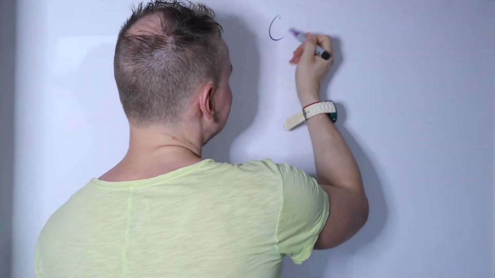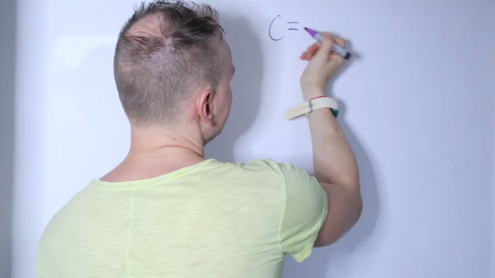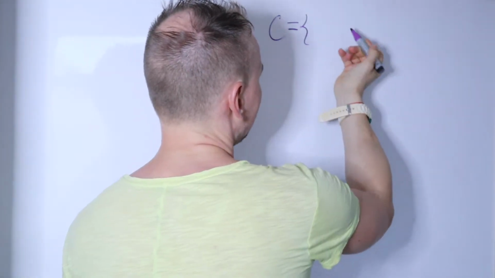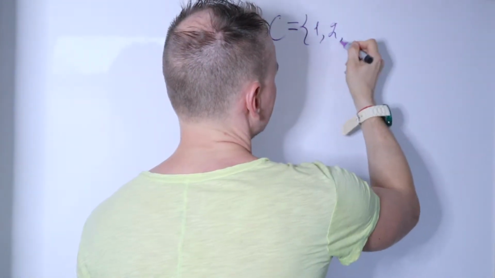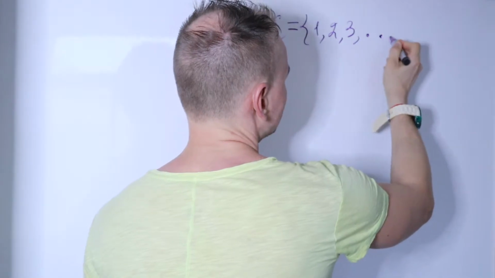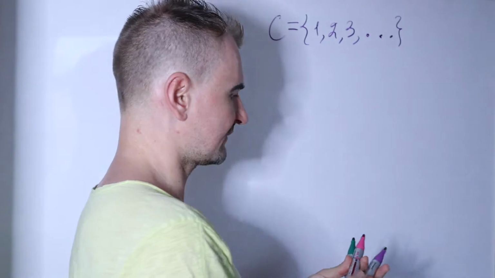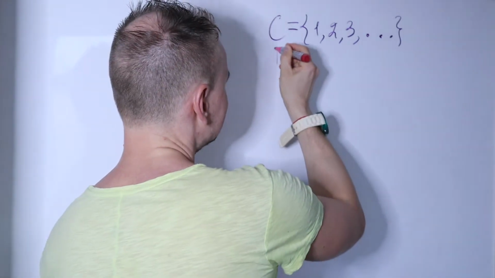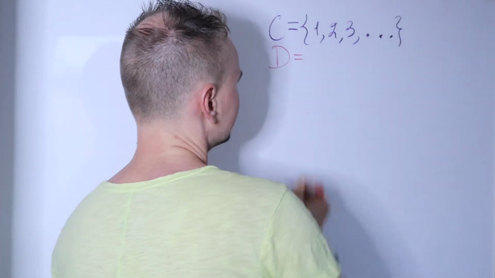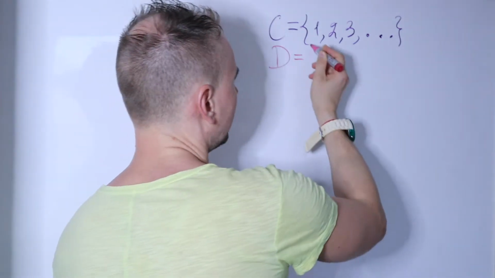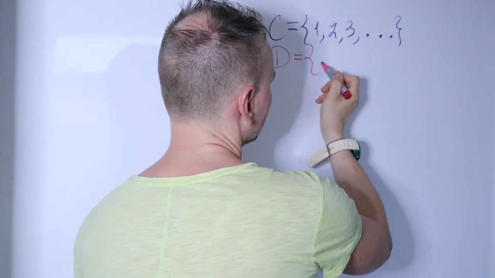Alright, let's take a look at a couple of examples. Let's say you are given set C, and C is made of the following elements: 1, 2, 3, and so on, we go on forever. And let's say you are given set D, which is composed of the following elements: